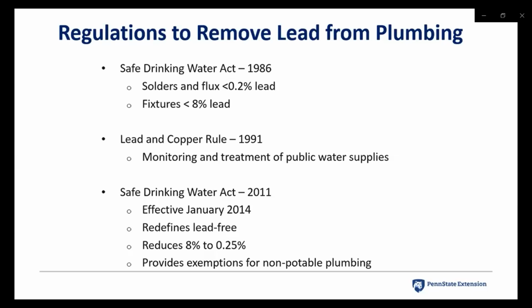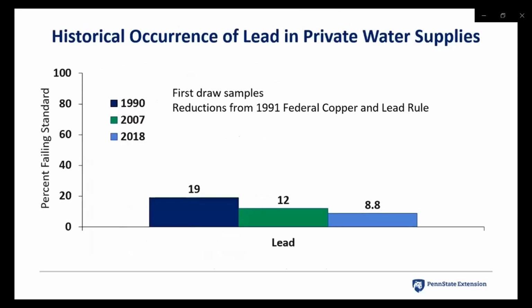There was also a provision in here to provide exemptions for non-potable water plumbing as well. Since people aren't drinking it, you could have some exemptions on what was allowable as far as lead. What we've seen in Pennsylvania as far as the historical occurrence of lead in private water systems, the first study